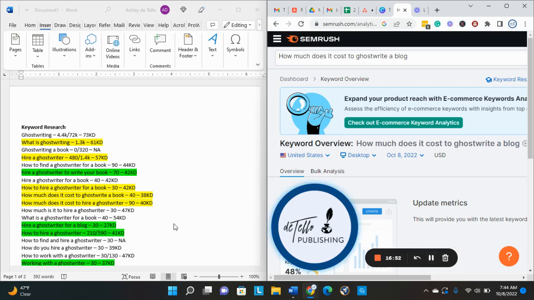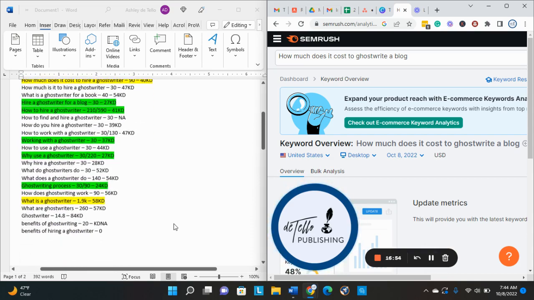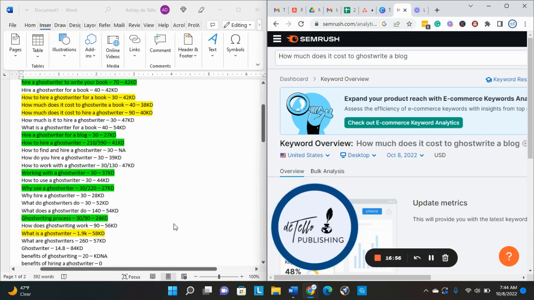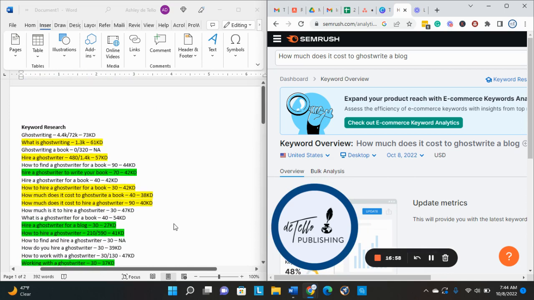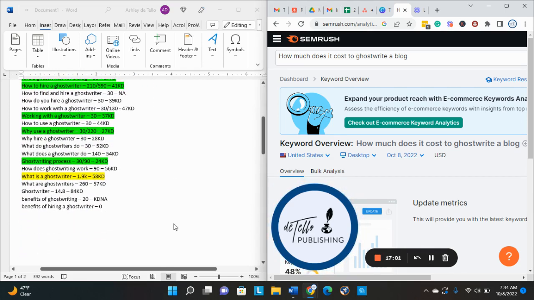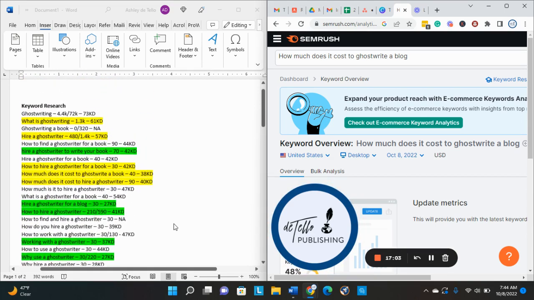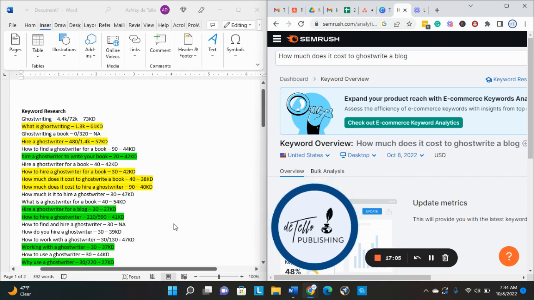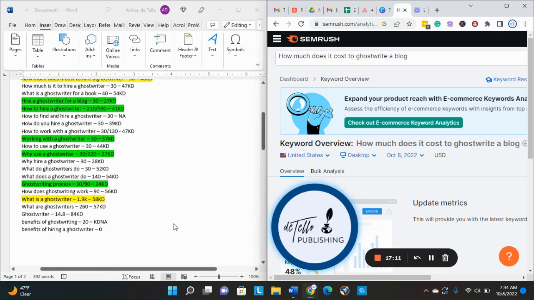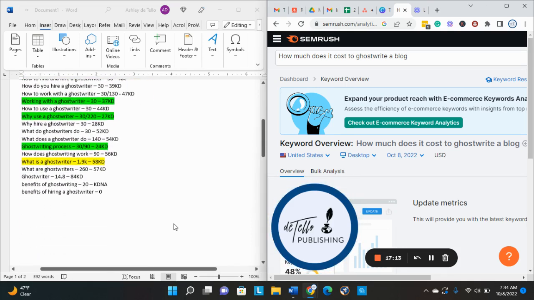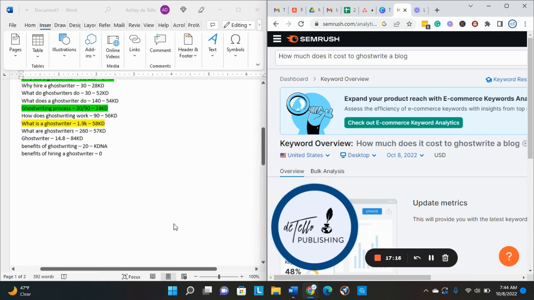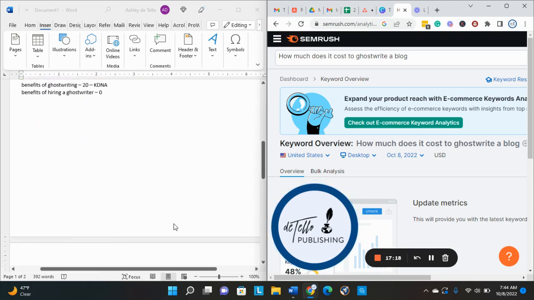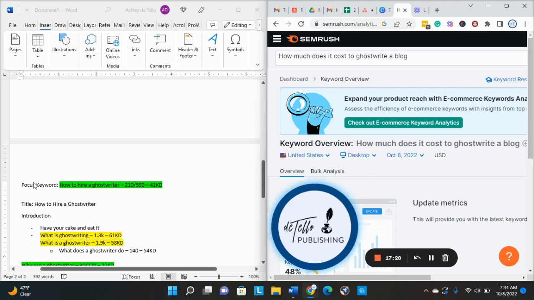All right, so now that I have all of my keywords, and I only searched for about 7 keywords, but this is how many I got. So this is really a great process. If you are only writing 1 article a day, you get 7 keyword searches on SEMrush a day. And so you've got all these keywords. I went through and green-lighted which ones I wanted to use the most, and the secondary ones. And then I selected my focus keyword.